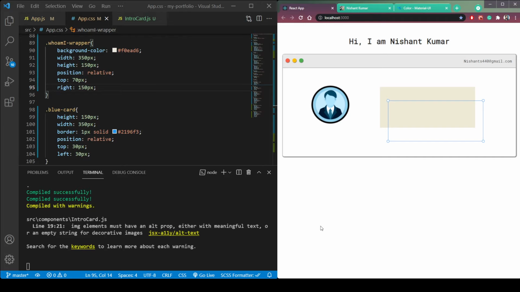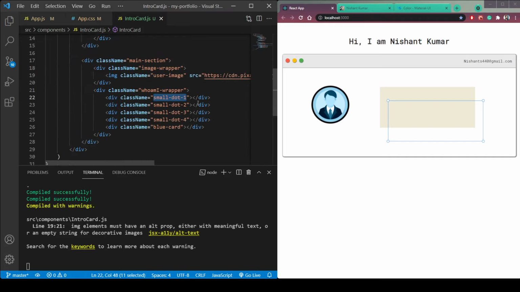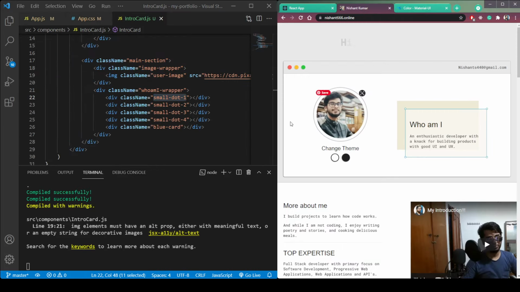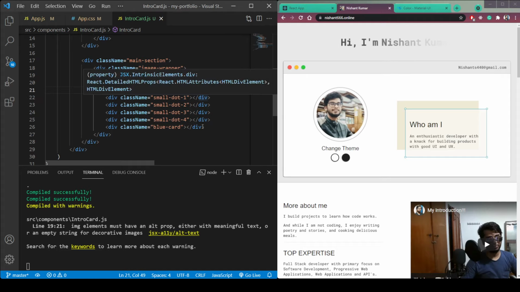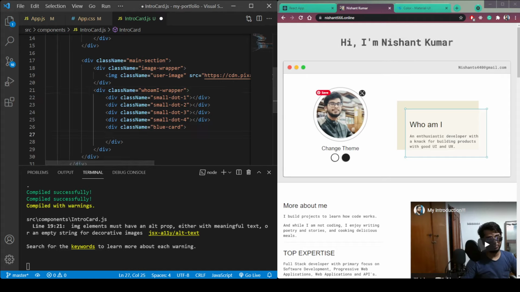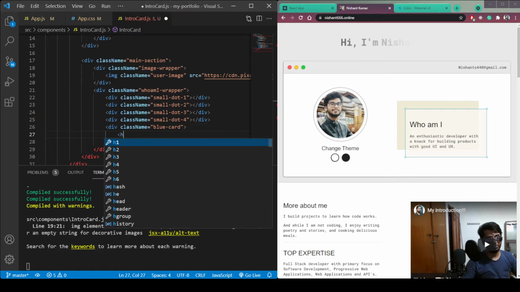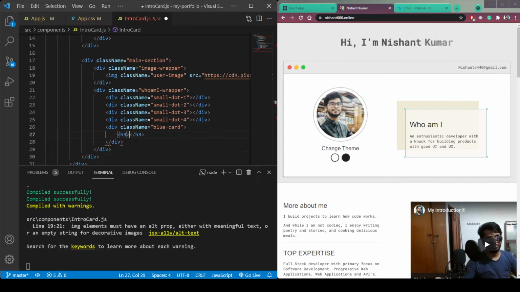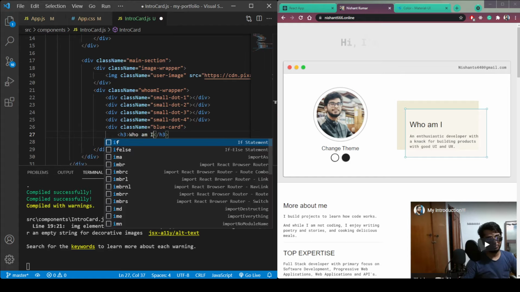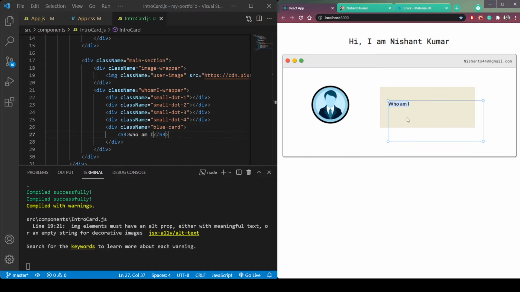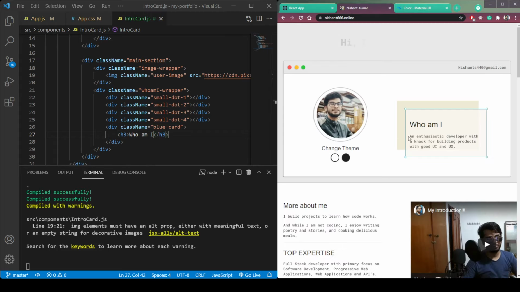Now let's add the text. So in this intro card, let's say we have this text inside this blue card. So first is who am I. So let's give it an h3 of who am I. Save it, and you can see it is here in the output. We also have one more header, which is this random text.